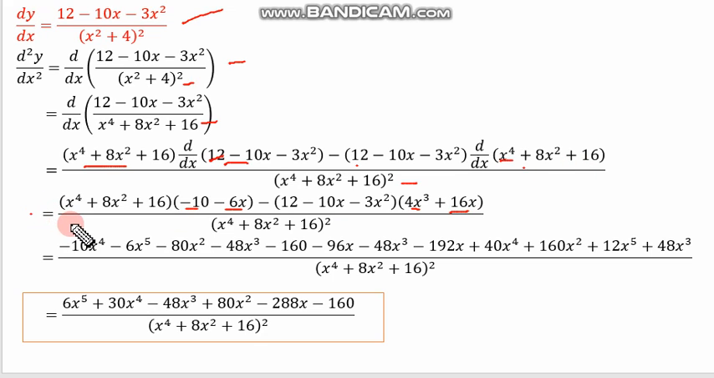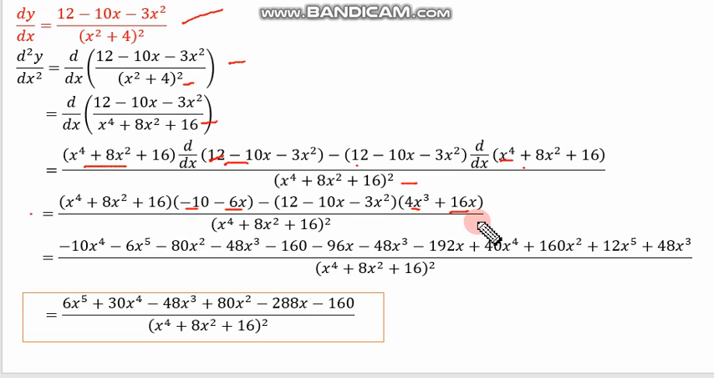Okay, so we will expand this one. So x raised to the fourth plus 8x squared plus 16 times the quantity of negative 10 minus 6x. That's negative 10x raised to the fourth minus 6x raised to the fifth minus 80x squared minus 48x cubed minus 160 minus 96x. Next we will multiply this one, negative times 12 minus 10x minus 3x squared times the quantity of